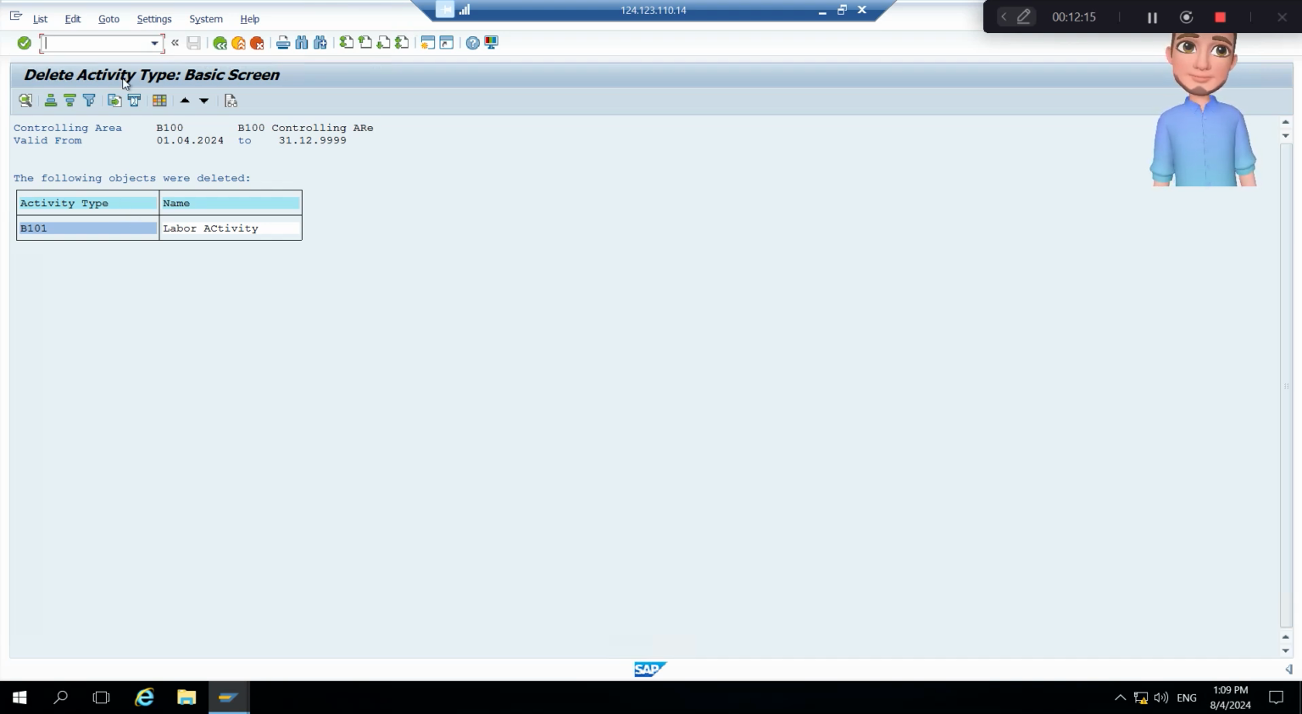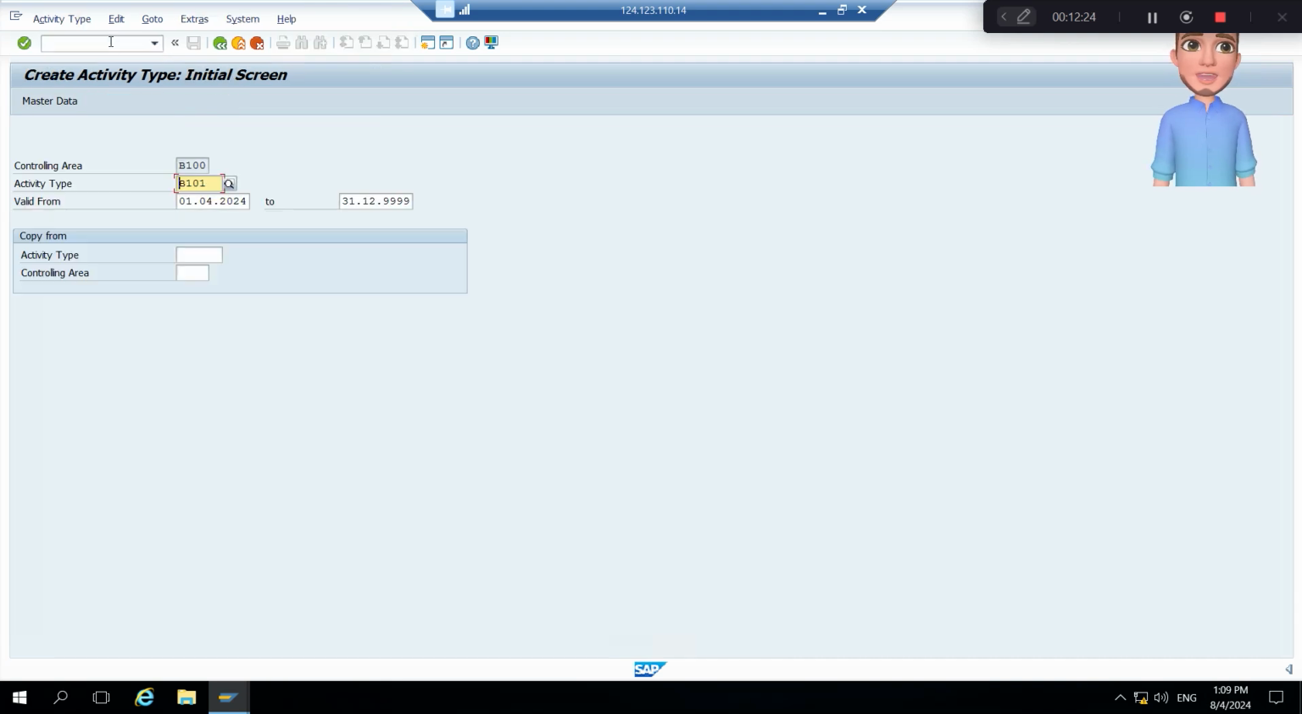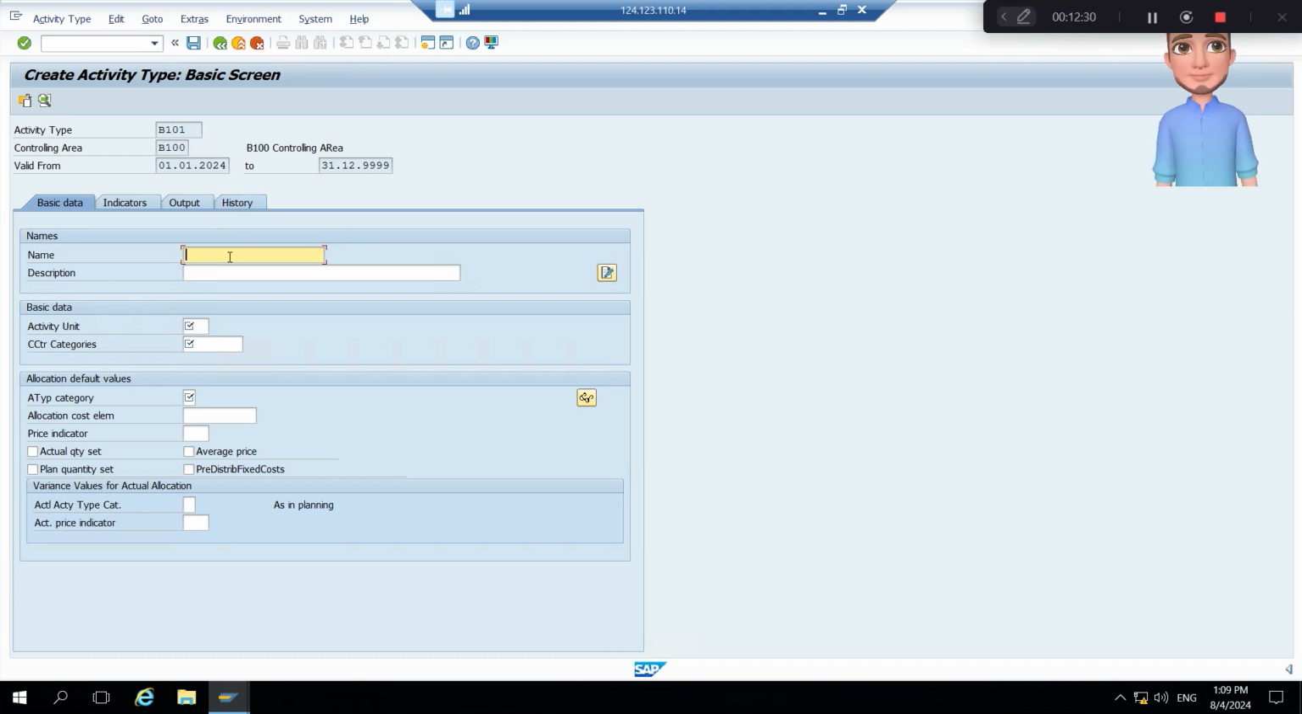Let me recreate it, but I'll recreate it effective from Jan. So I'll go here, /n KL01. Okay, I would not say 4, I will rather say 1. Okay, this is the main change. So it is labor activity,